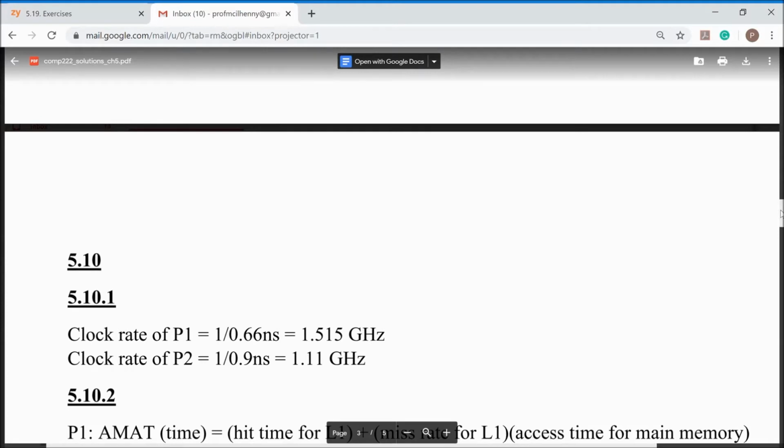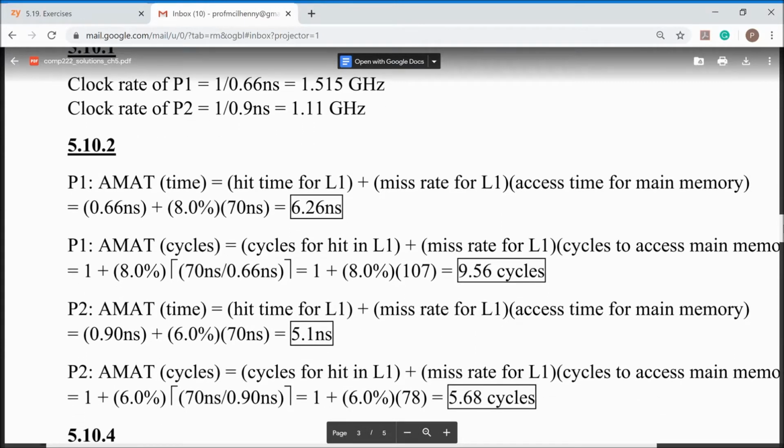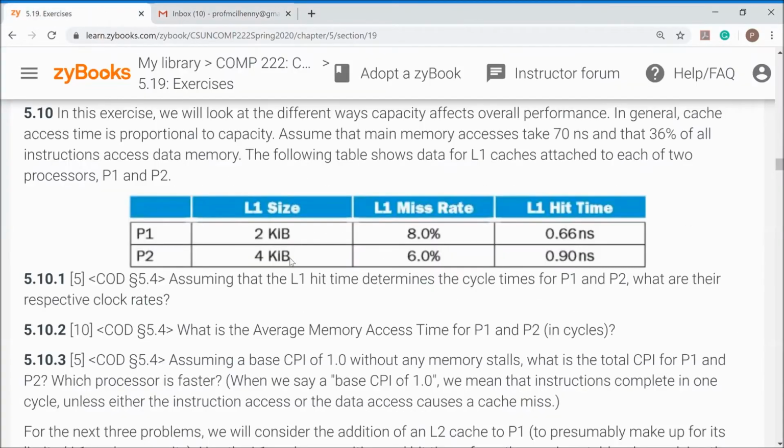Now we need to figure out the average memory access time for processor 1 and processor 2. So the question now is asking, what's the average memory access time for P1 and P2 in cycles? Usually we do this in nanoseconds, but I'll show you how we can do it in nanoseconds and in cycles. So given the information we have of an 8.0% miss rate and a 0.66 hit time for P1 and a 6% miss rate for P2 and a 0.9 hit time for processor 2's level 1 cache,